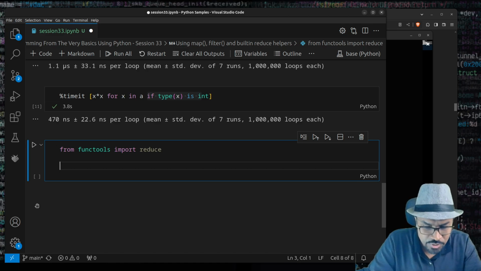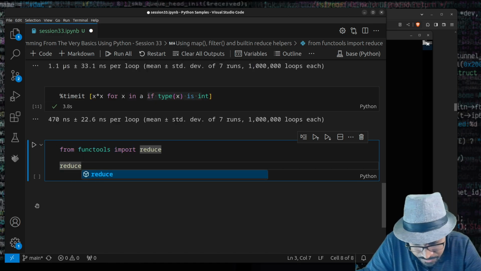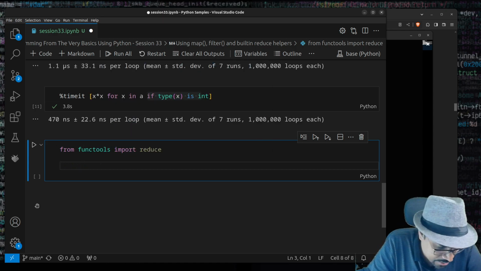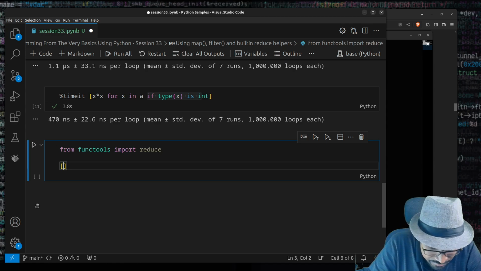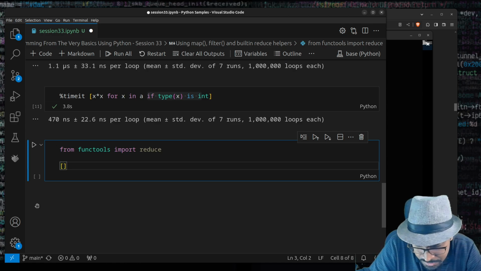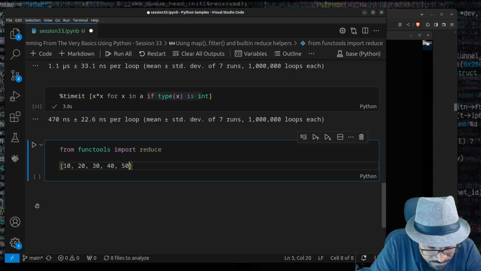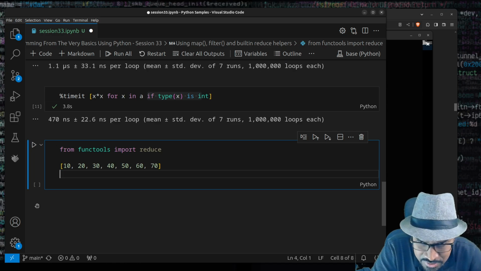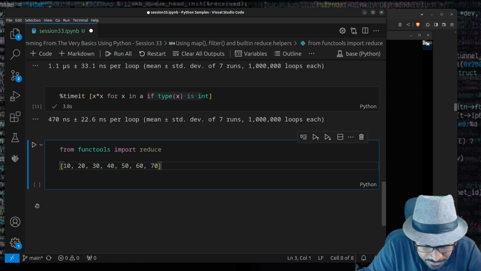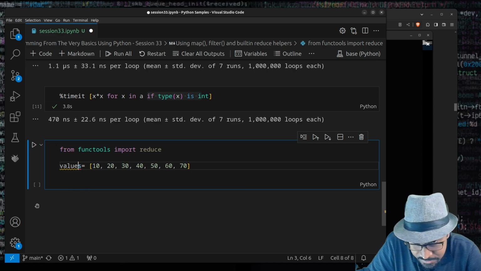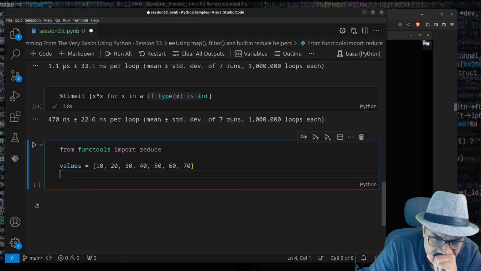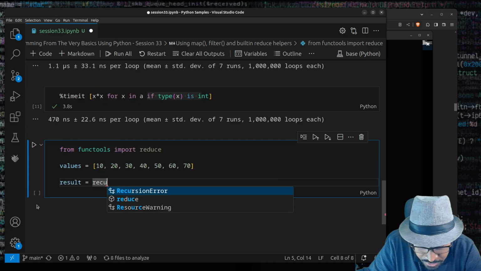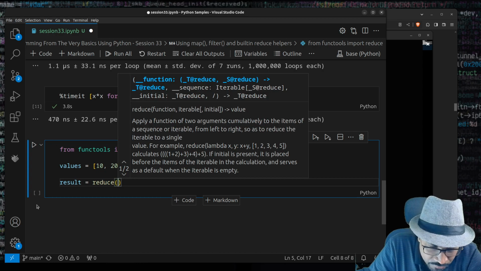So I'm going to show you reduce here. Let me show you what reduce does. Let me just take a list of numbers again. I'm just going to keep it simple: 10, 20, 30, 40, 50, 60. I could have generated it with range, but it's fine. Let's call this values equals this. And now I can do result is equal to reduce of